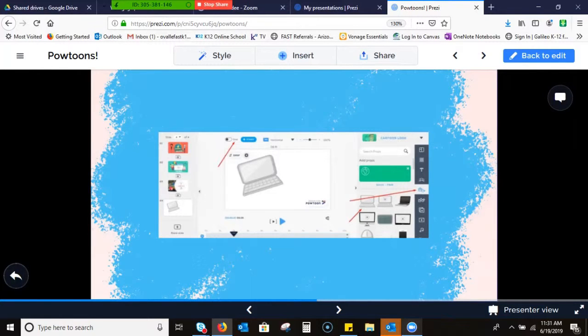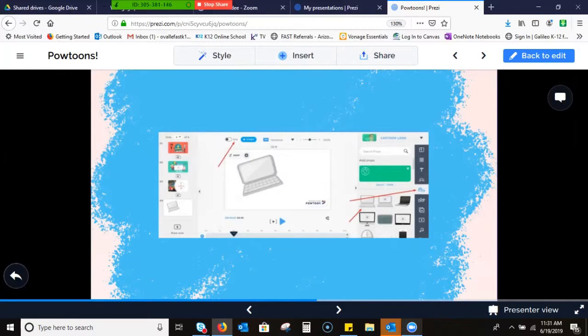Now, it's not an image, but it's a fun little capture of different little graphic images. There you go, a graphic image. Okay, and so I went with the little laptop, and when you click on the graphic that you want to include, it's going to populate right in the center of the slide. Okay, and I moved it, I just picked it up and dragged it and moved it off to the corner